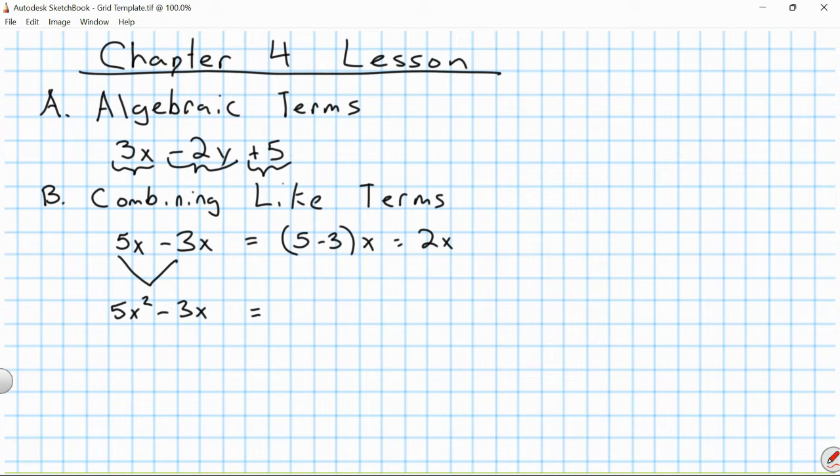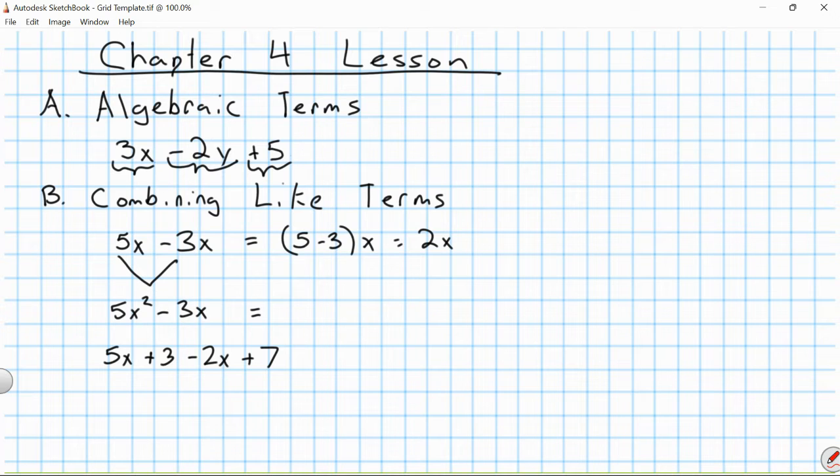It's a problem. You have to have the same letters to the same powers, and then you can add and subtract algebraic terms. Okay? And likewise, that goes for constants. If you have something like this, where I have 5x plus 3 minus 2x plus 7, this is kind of